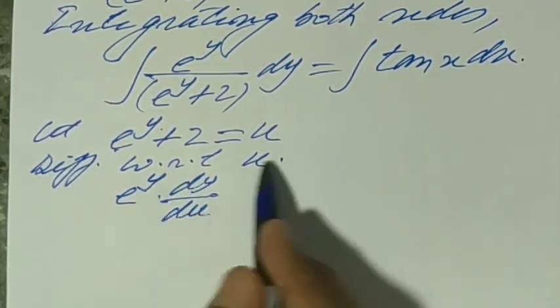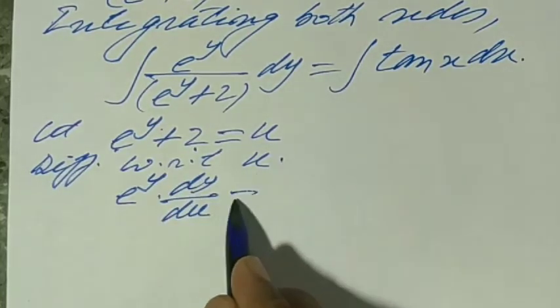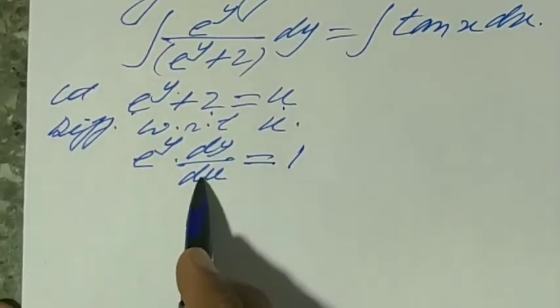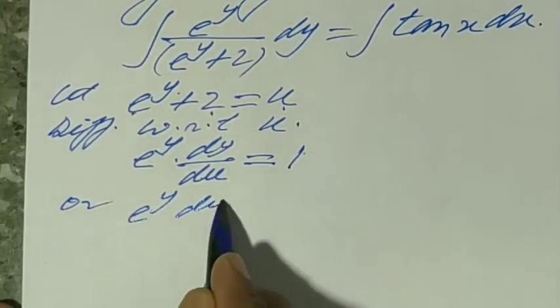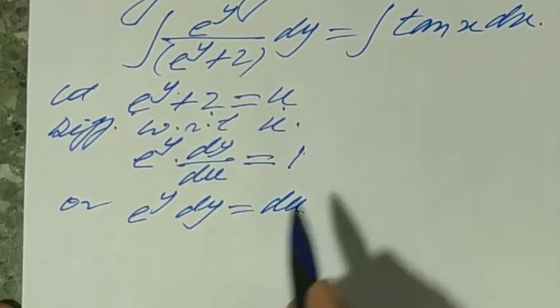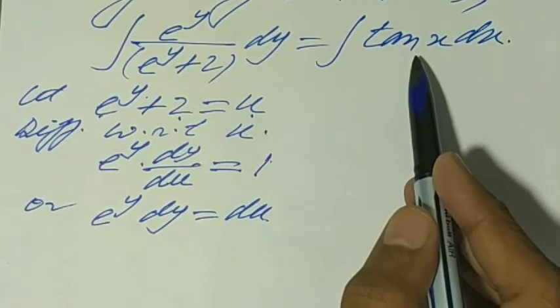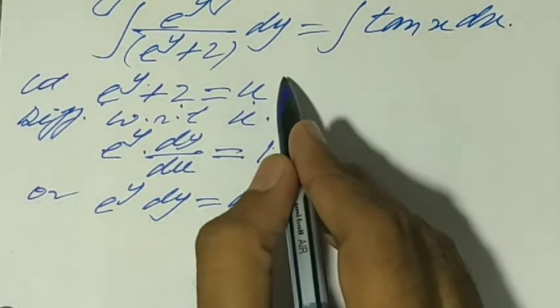With respect to u, the differential coefficient of 2 is 0, so there is no need to write it. And on the right hand side, the differential coefficient of u with respect to u is 1, so transposing du to that side, we get e raised to the power y dy is equal to du. Now there is no need to substitute anything on the right hand side because this is integrable directly. So by this substitution,